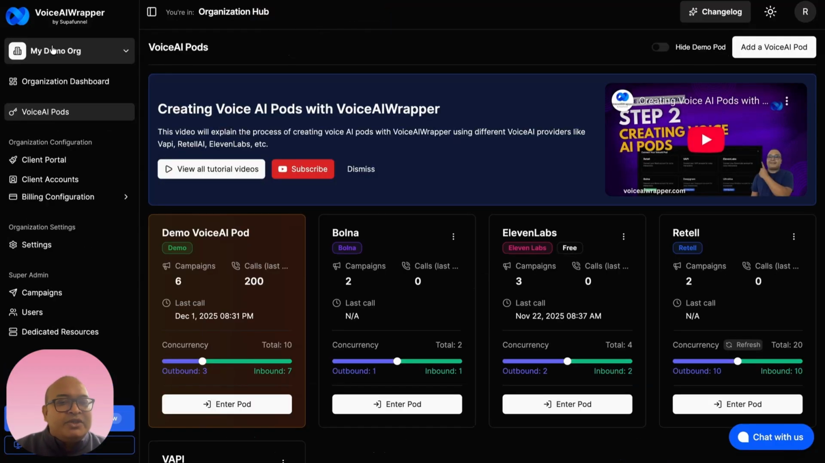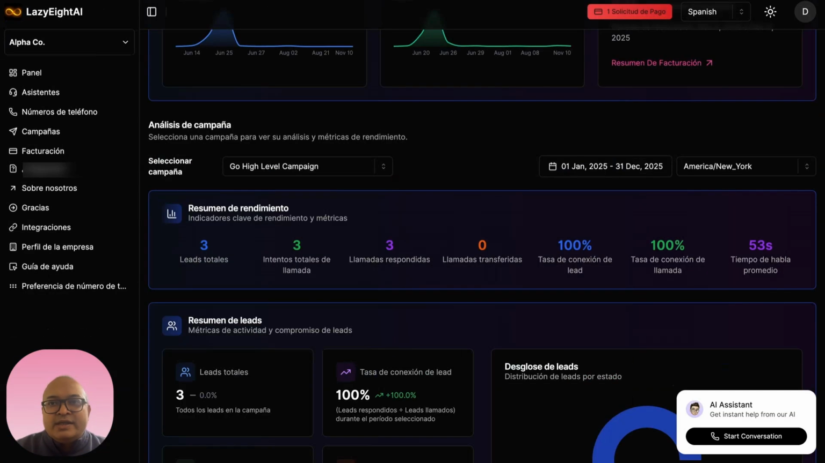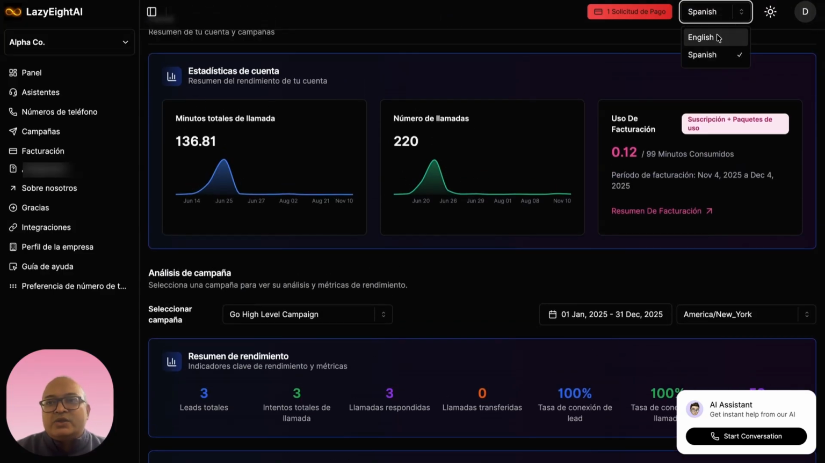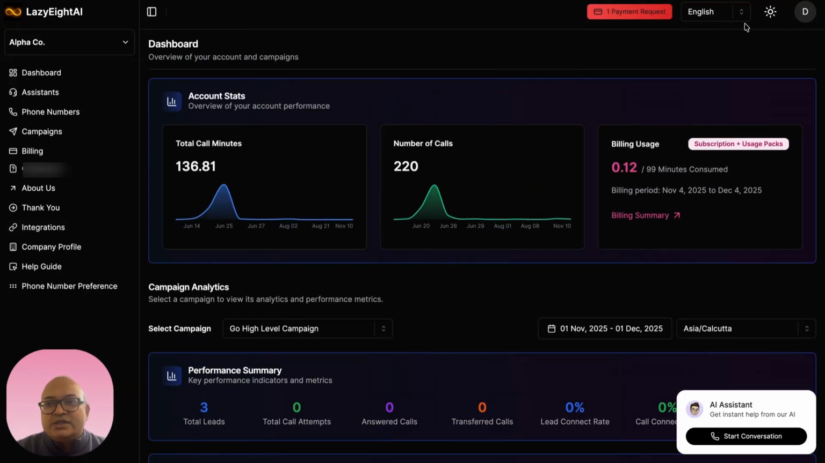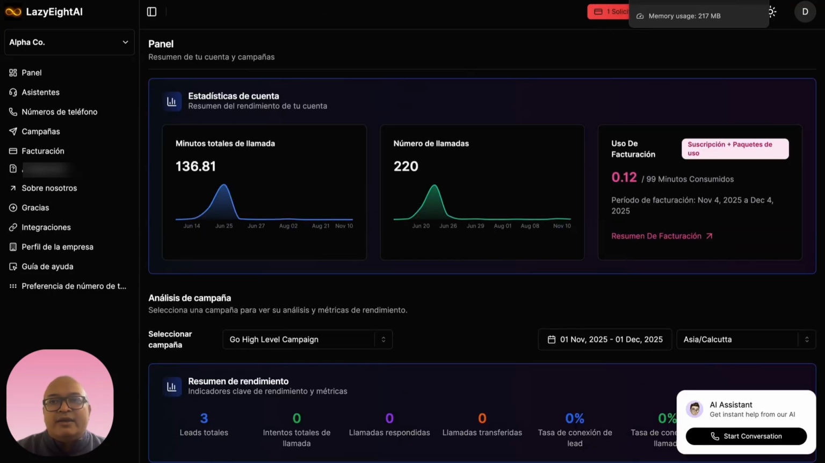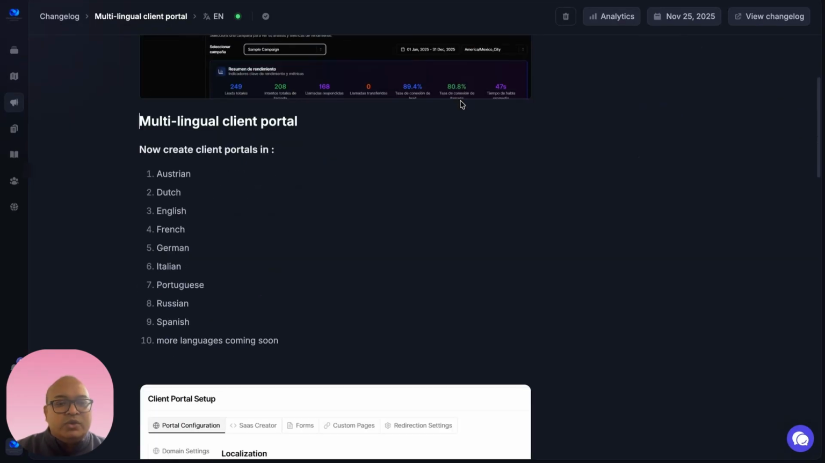So the topic today is how do you create client portals for clients who are non-English speaking. I'm talking about an example like this. Let's say I have a Spanish clientele. How can I switch between different languages? In this example, between Spanish and English, or how do I give them an option to use other languages that